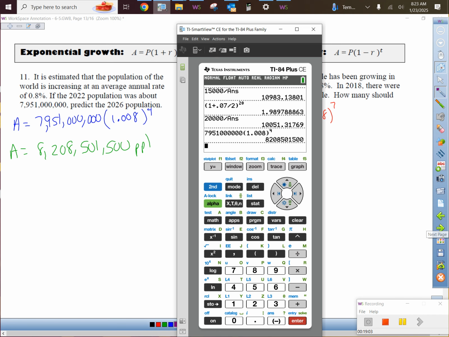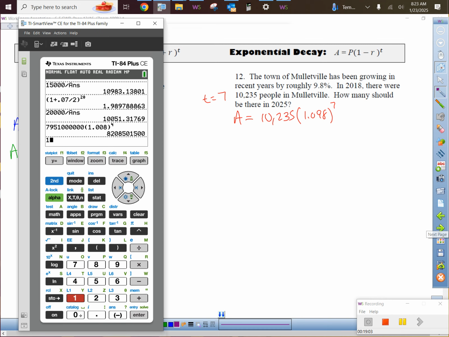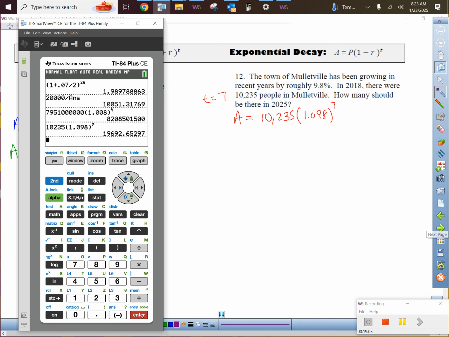And I think we get a decimal on this. Is that right? Here's what we got to do. This is not money. Right? This is a different scenario. In this case, it's population. Sometimes it's not population, but we're going to round appropriately. Sometimes the homework will tell you how to round, and sometimes it won't. But I'm not going to put 19,692.65 people, right? Like if we were talking about people, what kind of number makes sense to round